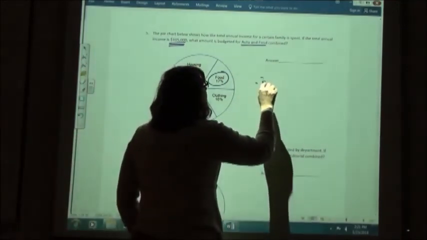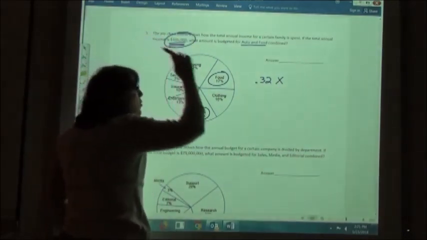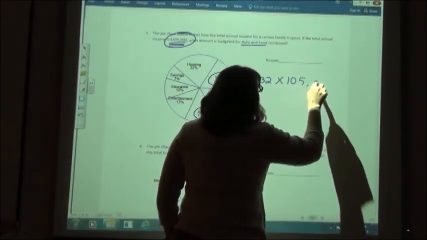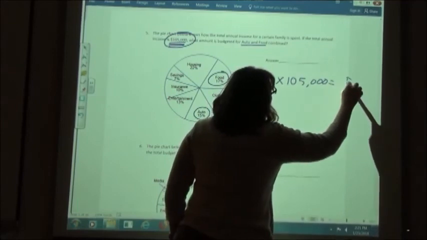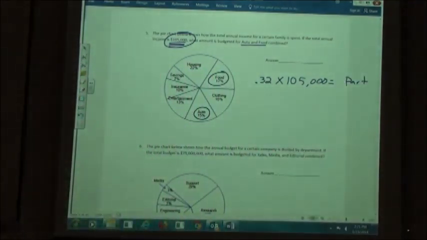If I add those together, I get 32%. I'm going to take 32% times the total. This time they gave us the total, 105,000. We're looking for the part that they spent on those 2 things. Right? I can't spend more than I have budgeted or that I make. Or at least hopefully I'm not spending more than I make. So if you take 0.32 times 105,000, we end up with